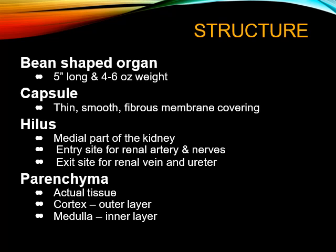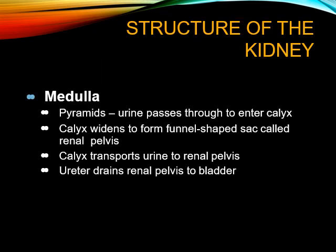The parenchyma, the actual tissue of the kidney, can be visualized on a longitudinal section of the kidney. The outer layer is the cortex and the inner layer is the medulla. The medulla consists of a number of pyramids. The apices, or the tops of these pyramids, are called the papillae, through which the urine passes to enter the